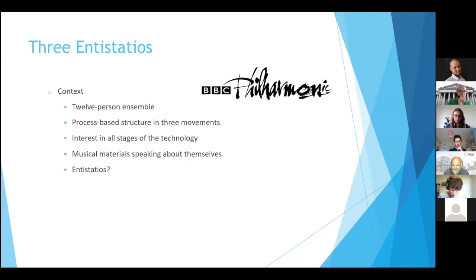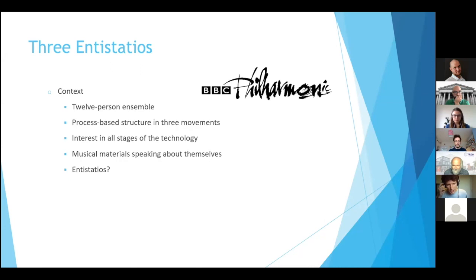I think the efficiency or accuracy is a really interesting thing to think about as an artist working with this kind of material, because sometimes the raw, not ready, all over the place material that a machine learning model might produce at the start of a training process can be some of the most interesting material. So in this sense, I wanted the materials to speak about themselves. At the part of the piece where I'm trying to explore the start of the training process, we'll hear music from the start of the training process and so on.